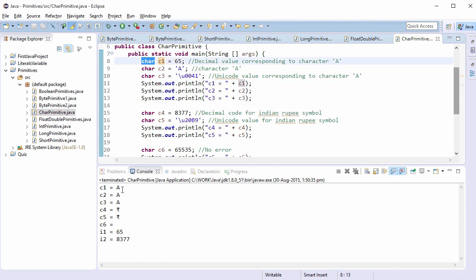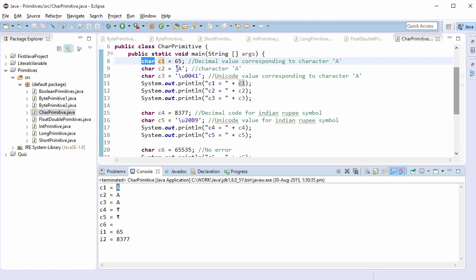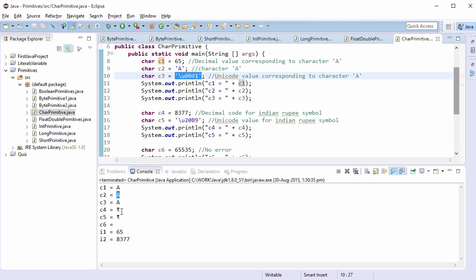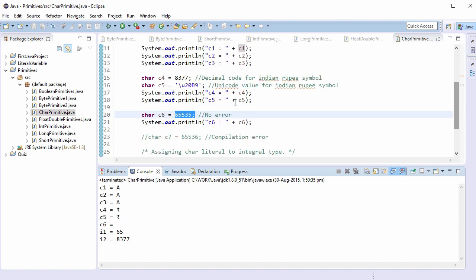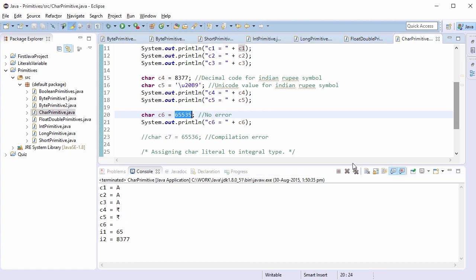The corresponding character is A, A, and for this Unicode value also A. C4 and C5 both are printing Indian rupee symbol. There is no error for this statement, but I think there is nothing assigned to this decimal value.